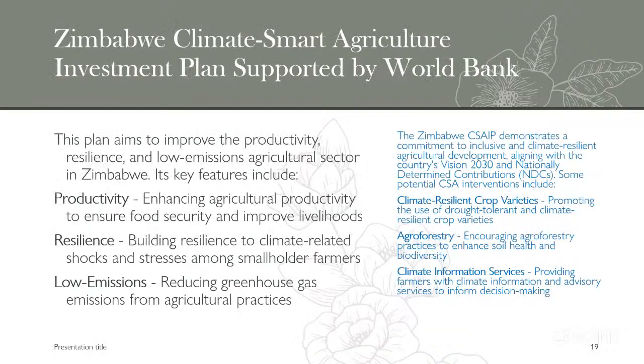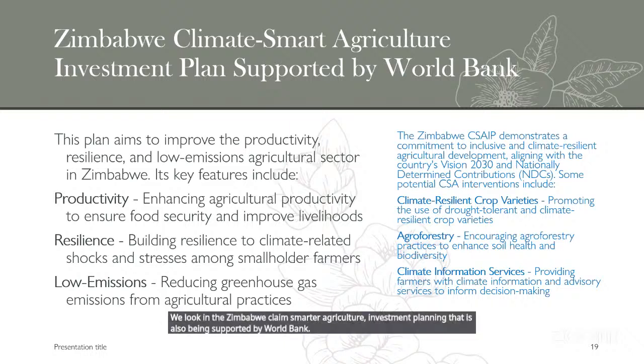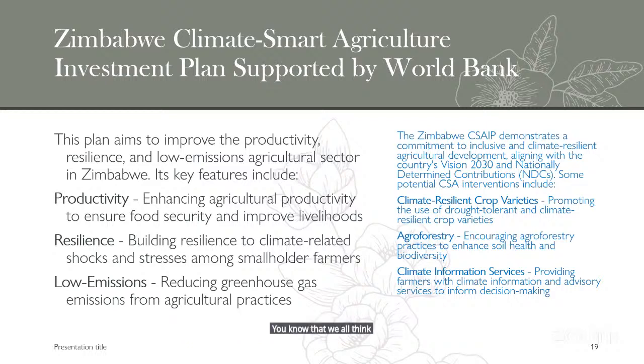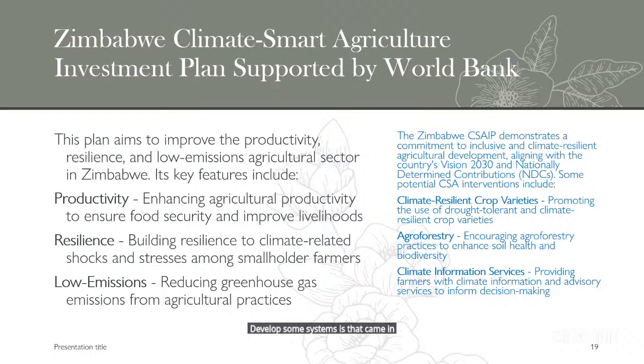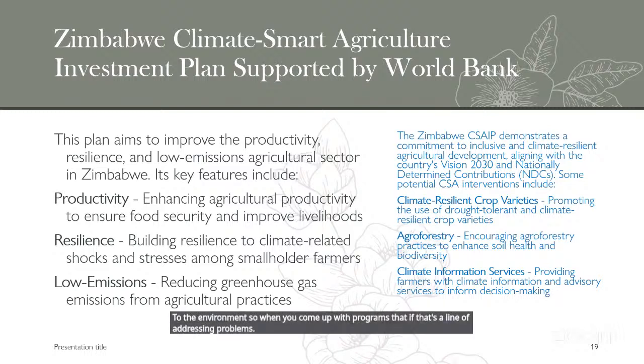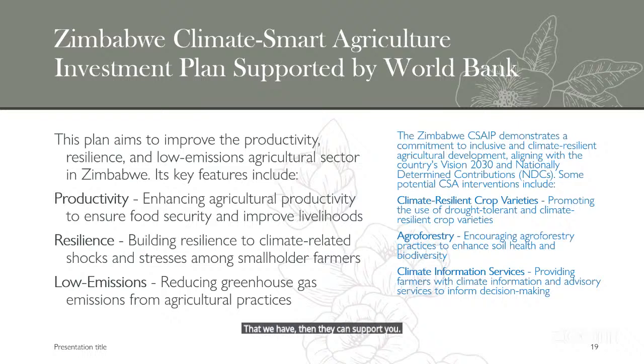We look at the Zimbabwe Climate Smart Agriculture Investment Plan that is also being supported by the World Bank. Because you know that the World Bank is trying to help the world develop some systems that can reduce hunger, develop some systems that can reduce harm to the environment. So when you come up with programs along that line of addressing problems that we have, then they can support you. So on this program, you will see that the aim is to improve the productivity,